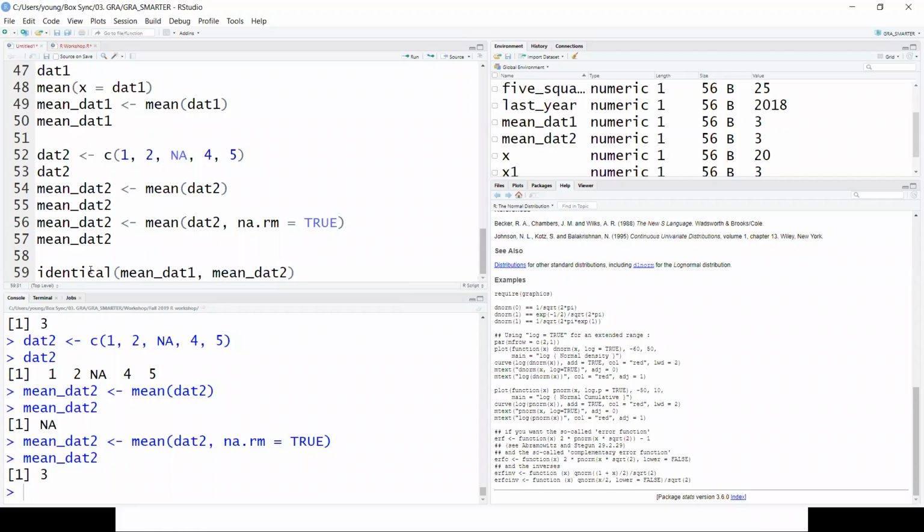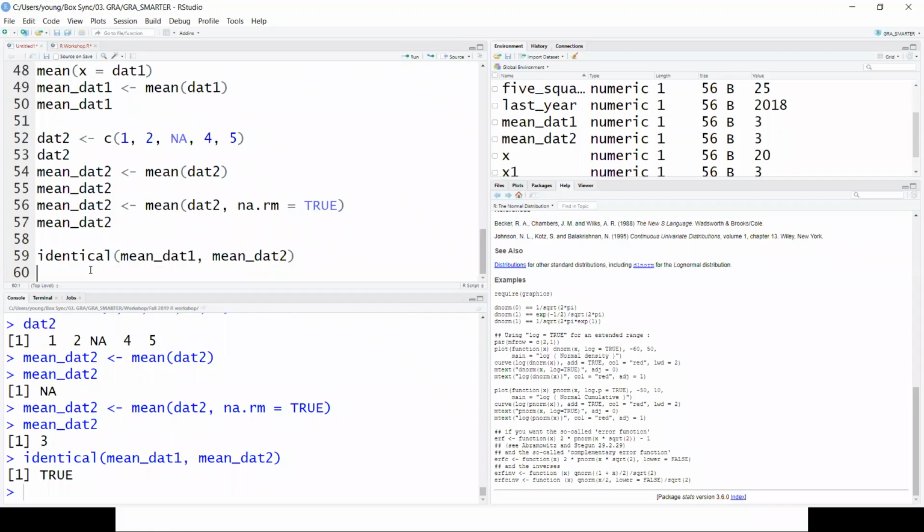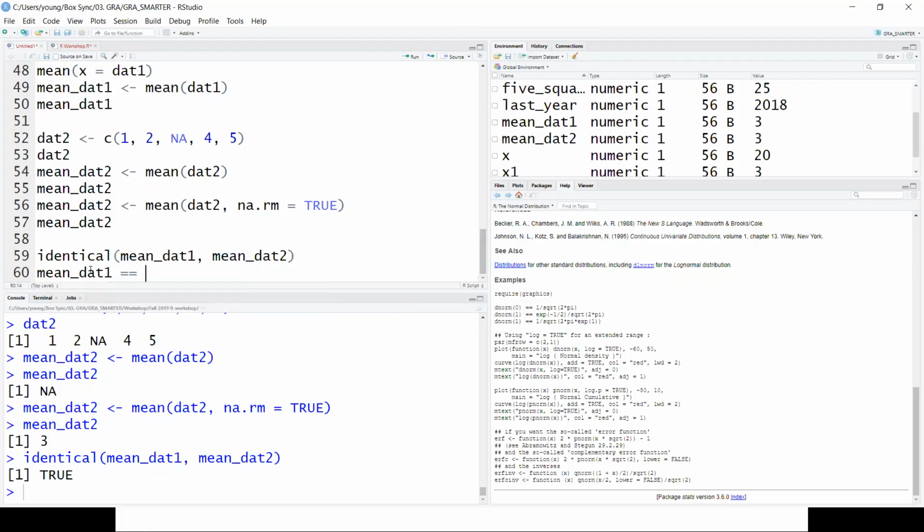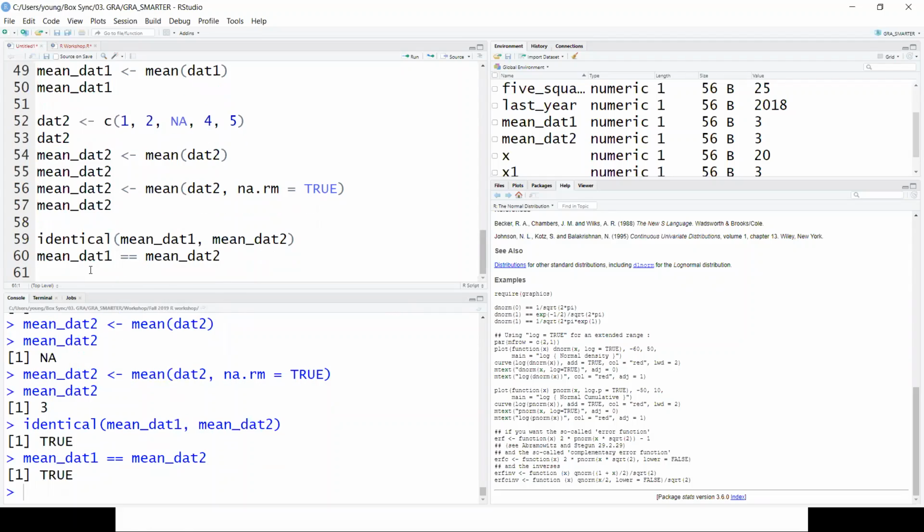I don't think it matters which one you put first, but let's see if this is true. It evaluates whether the two are the same value, so it says TRUE. You can also use the double equal sign that we already learned here. mean_data1 == mean_data2. It'll give you TRUE too.